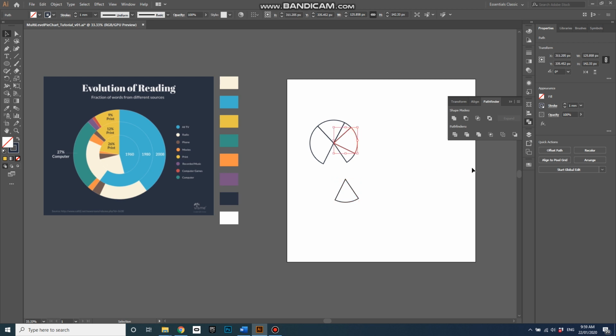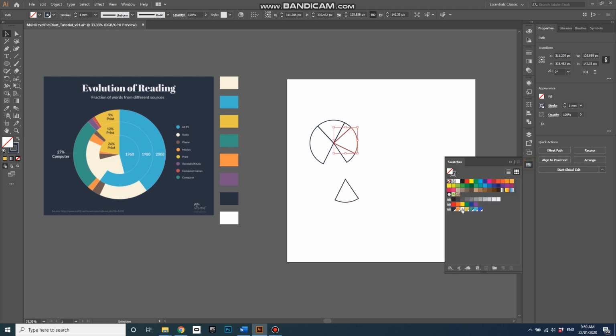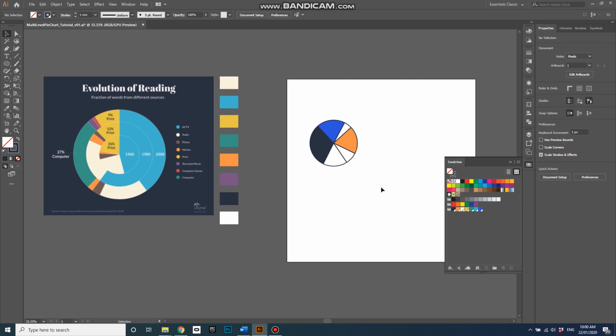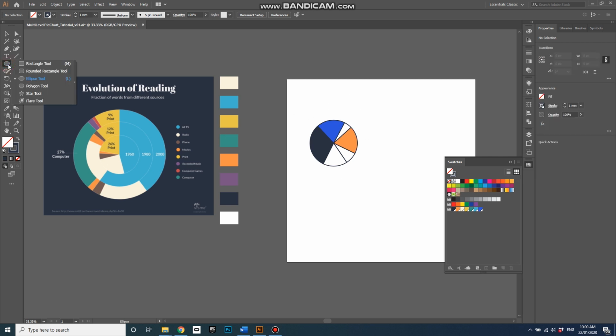Or I can color them individually. Let's choose this one, make it blue, choose this one, make it the dark color. And then, because I've got smart guides turned on, I can snap that back in there again. Right, so that's making a pie chart, but let's have a look at creating maybe